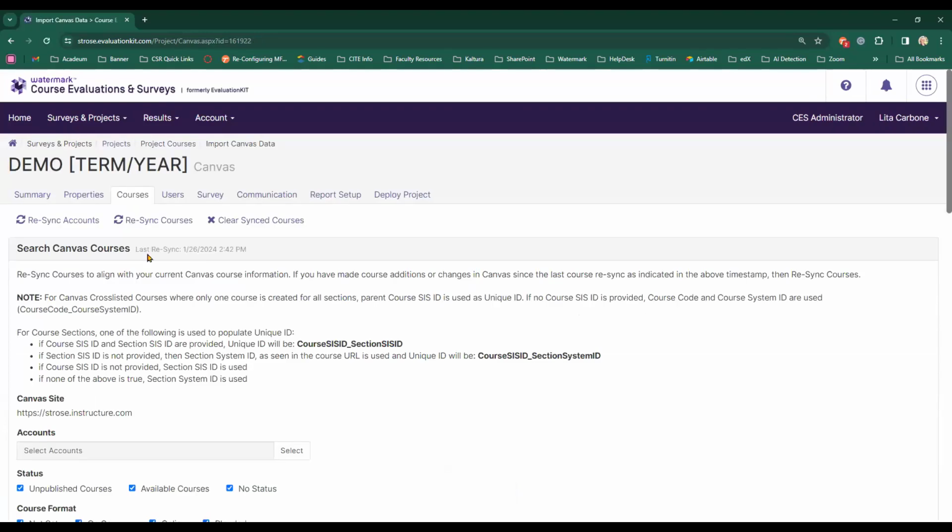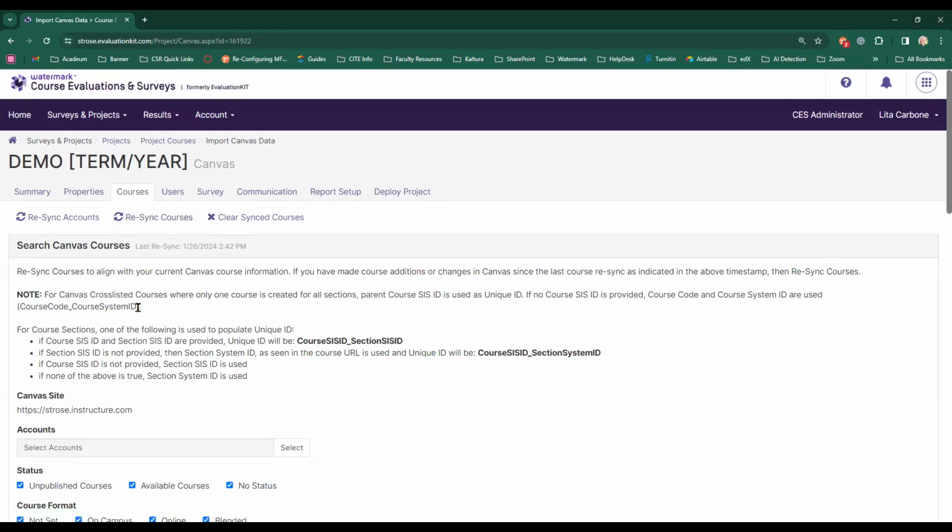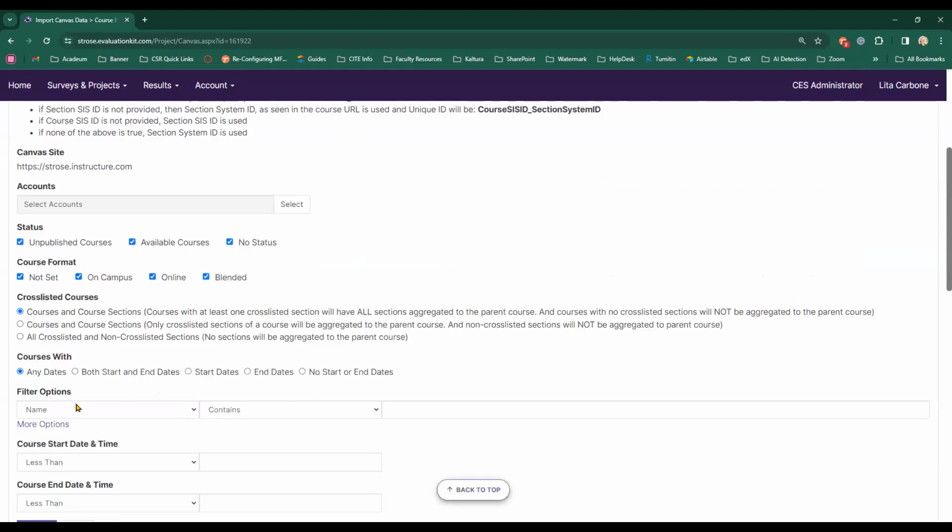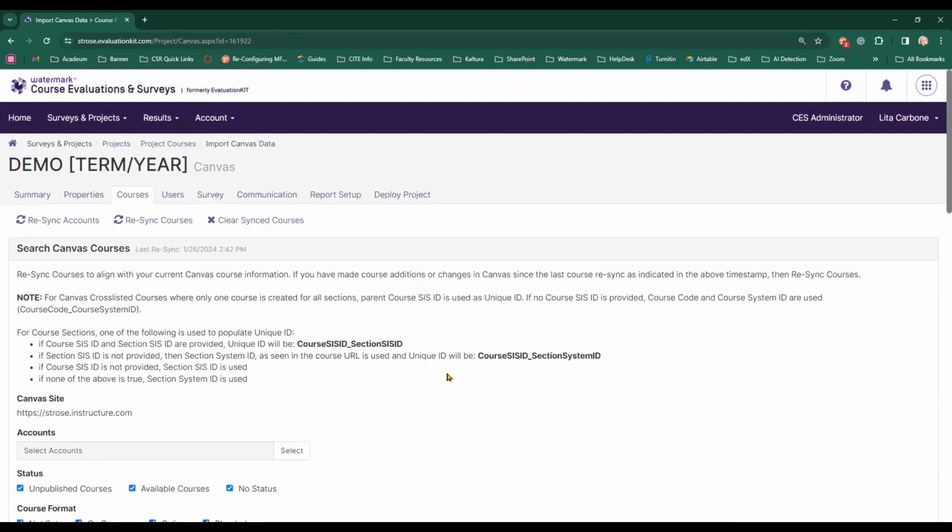Okay, so the next thing we'll need to do is we'll need to resync the courses. Because essentially, if we try searching for those courses now in the fields down here, we might get an error message. So I find it's best practice just to resync the courses with Canvas to make sure that we are getting the most up-to-date information from Canvas, which is pulling information from Banner. So if I click Resync Courses,